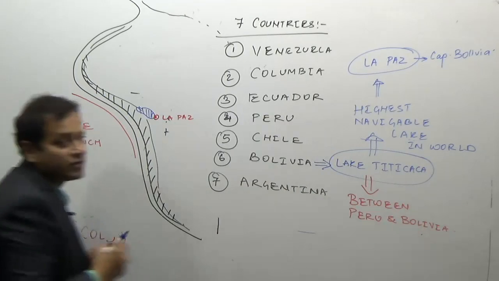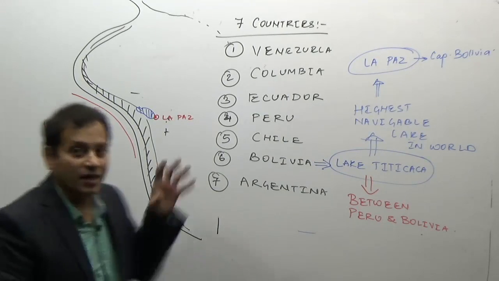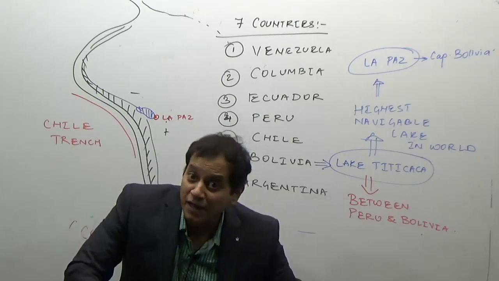Lake Titicaca is located between Peru and Bolivia. So the 7 countries are Venezuela, Colombia, Ecuador, Peru, Chile, Bolivia and Argentina. Now one more thing you remember, the largest country in South America and the 5th largest country in the